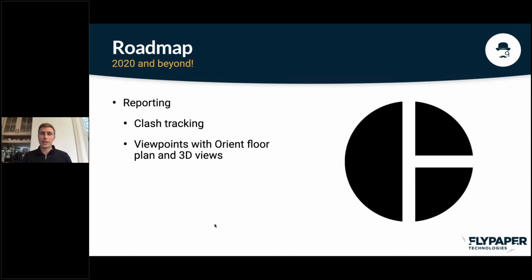And then the second part of reporting is a way to mass export a list of all of the viewpoints for all of your clash groups, including the Orient floor plan, which I showed earlier, and an Orient 3D view with an arrow on it as well. A lot of coordinators have asked for that ability so that they can publish all the viewpoints of each group to saved viewpoints, while also maintaining that really valuable navigation aspect of the Orient floor plans as